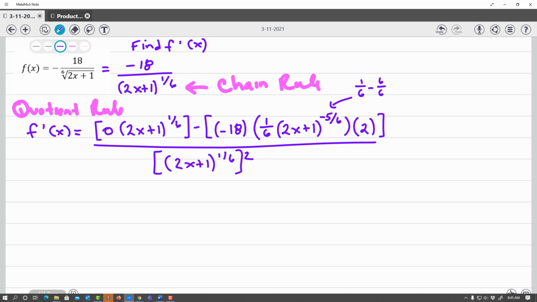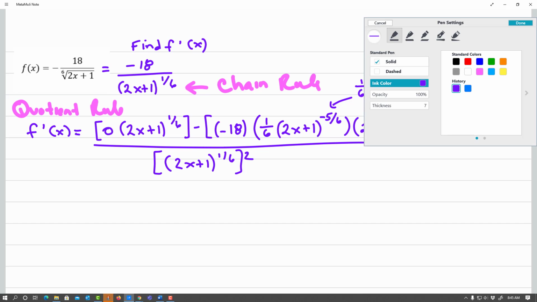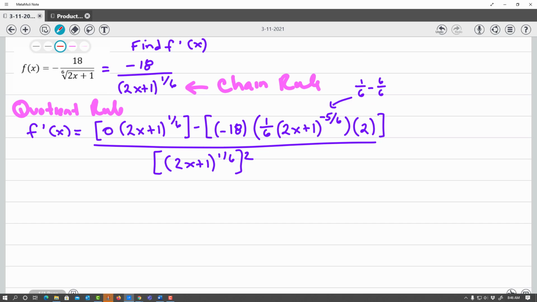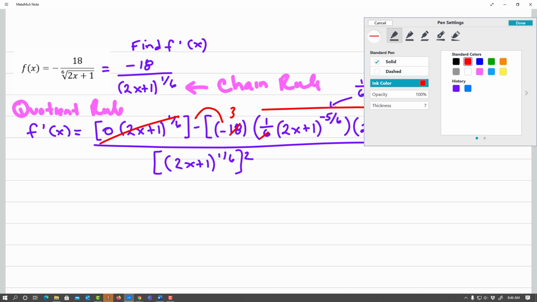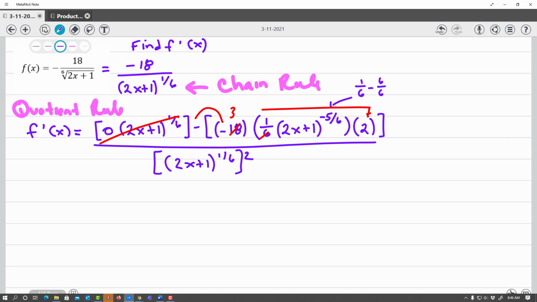Surprisingly, you can make this look a little better. Definitely, if I can get a pencil going here, you can see all that goes away. Then what I'm going to do here is my negative and a negative is going to be a positive. I have this 6 will go into the 18 3 times, and then 3 times 2. So if you're wondering where in the world did she come up with a 6, that's where I came up with a 6. So notice all that is left is the 2x plus 1 to the